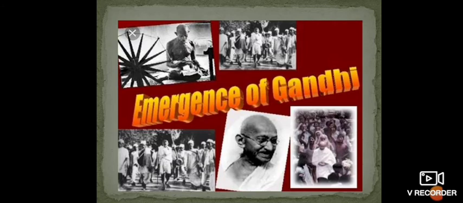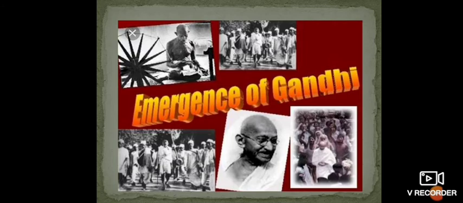It was in South Africa that he became attached to politics. He was shocked by the condition of the Indians there and the racist and discriminatory policy of the South African government. He decided to fight against injustice. He based his fight on the principle of non-violent resistance. He organized the Natal Indian Congress and launched a campaign against the South African government. After a successful and significant political career in South Africa, Gandhiji finally returned to India in January 1915.